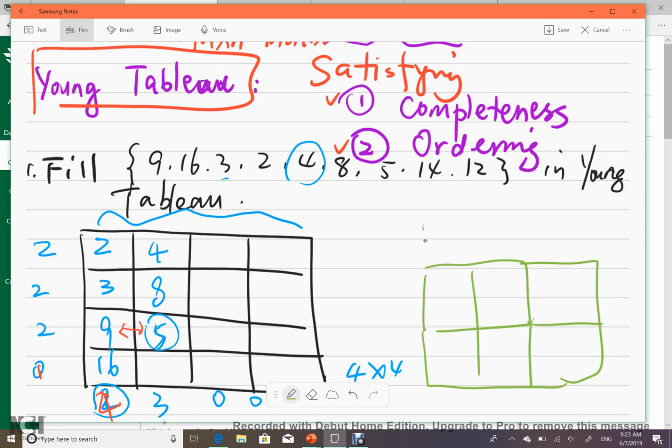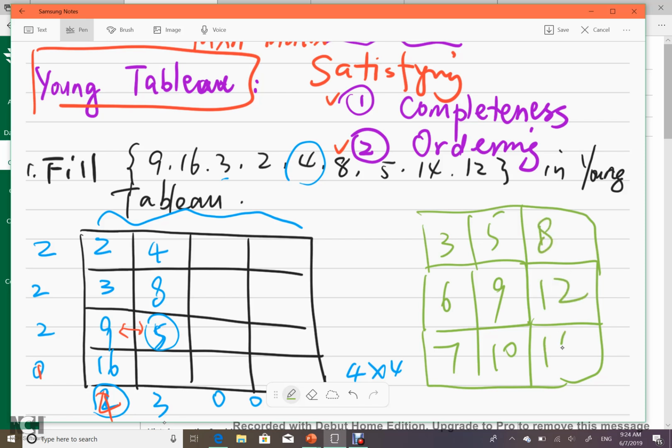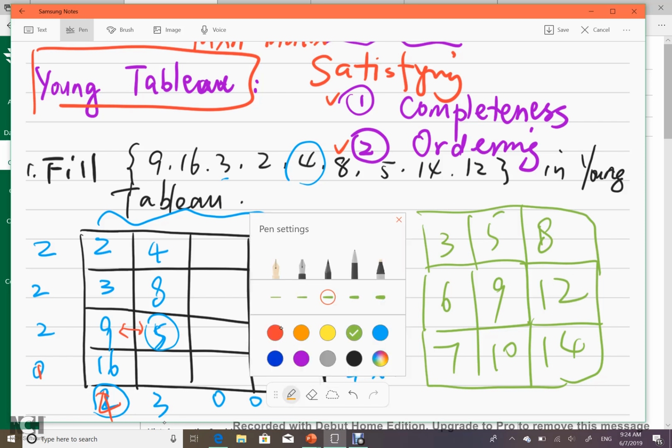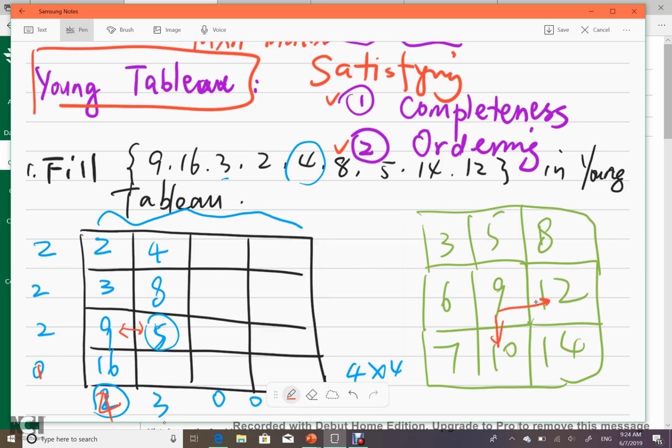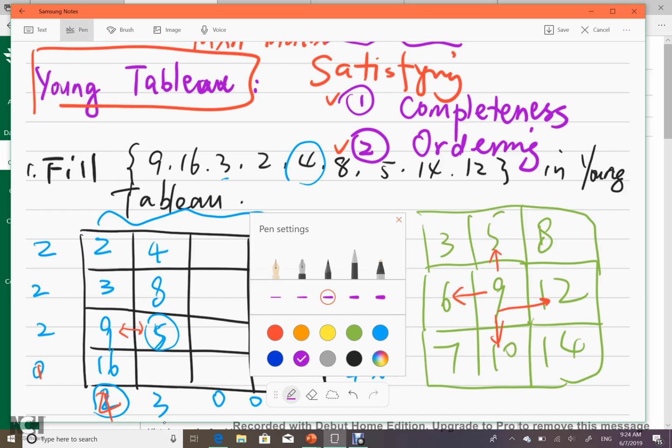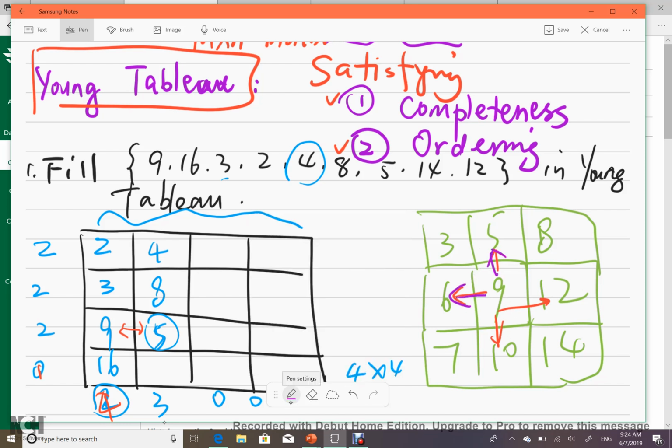So if this is 4, this is 3, 5, 6, 7, and 10, 12, 8, 14, right? So we see this 4, it is the parent of these two elements, and the 4, it is the child of these two elements, right? So this is the parent. This is a parent, and this is the children, right? Okay, good. So now once you swap it,